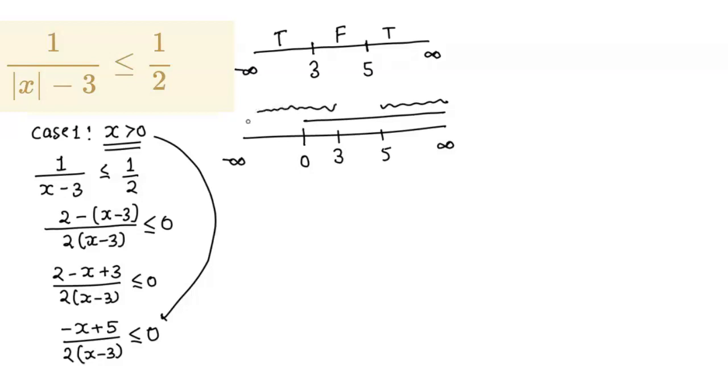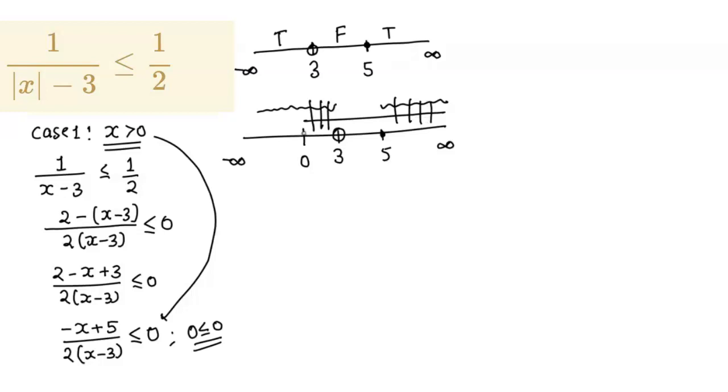and true is for this and true is for this. One thing I left out is the boundary, whether 3 and 5 are included or not. Here you can see that in this inequality, if we take 3, then the denominator will become 0, so we can't include 3. Now if we take 5, then the numerator will become 0: minus 5 plus 5 will become 0, and the denominator will become 2 times (5 minus 3), which is 2 into 2, 4. So 0 upon 4 is 0, and 0 less than or equal to 0 is a true statement. So I am going to include 5. 5 is included and 3 is not included, and the intersection of both is between 0 to 3 and 5 to infinity.